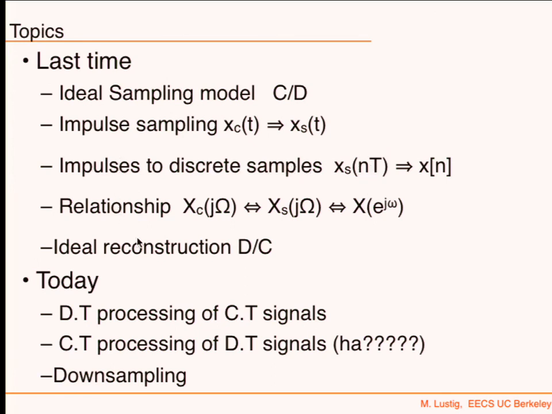And then we looked at the relationship between capital X sub c of j capital omega, X sub s of j capital omega, and then X of e to the j omega, which is the discrete time Fourier transform. So this is the continuous time Fourier transform of the continuous signal, the continuous time Fourier transform of the impulsive signal, and then